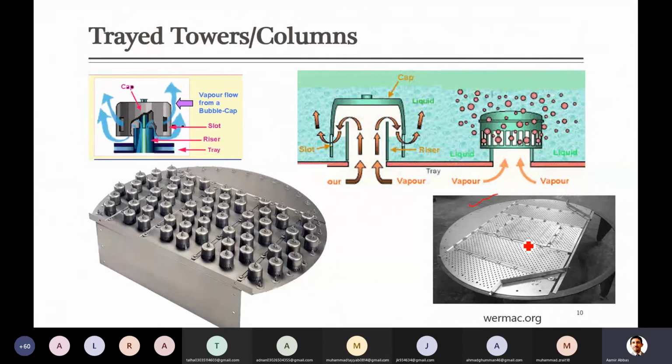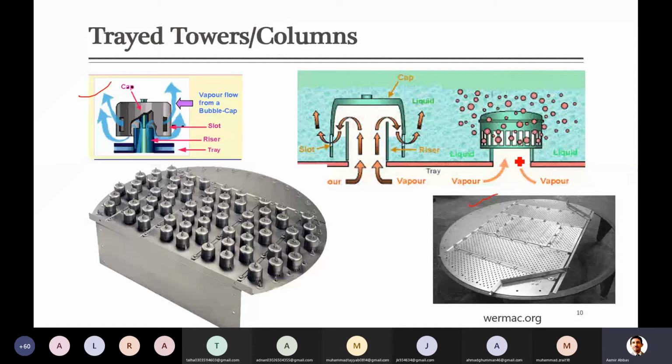The other one, which was called bubble cap. So how does it actually look like? For example, here you can see it better in this diagram. It is actually the fixed one. You can see there is some fixed surface here which was called riser. On the surface of the riser there is a cap. There are some openings which are called slots, and through these slots the vapor just moves out. In the other diagrams here you can also see there is a riser with a cap on its surface, from where the vapors are escaping.